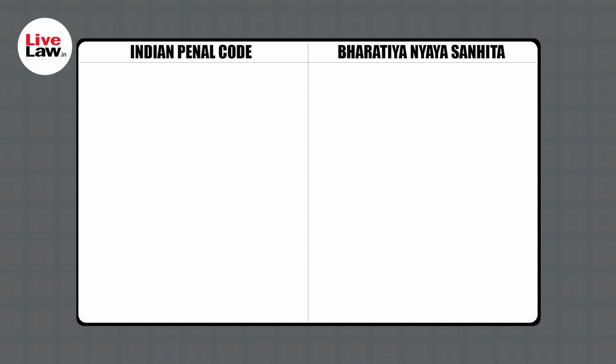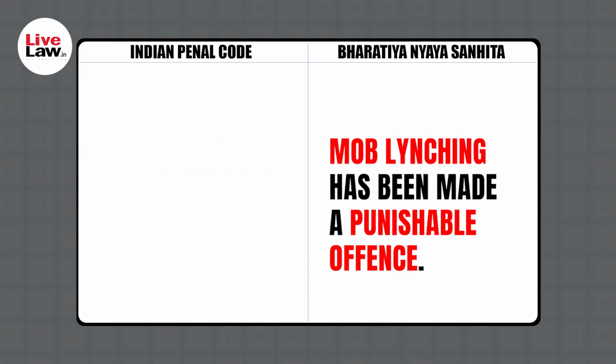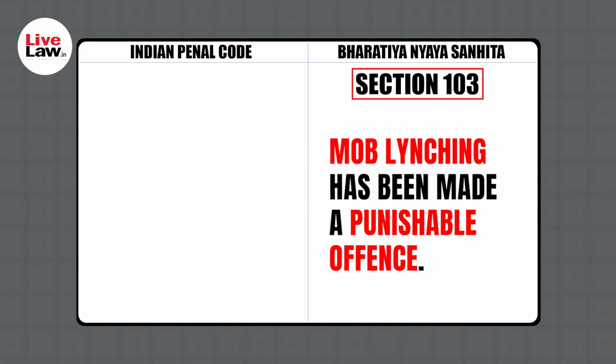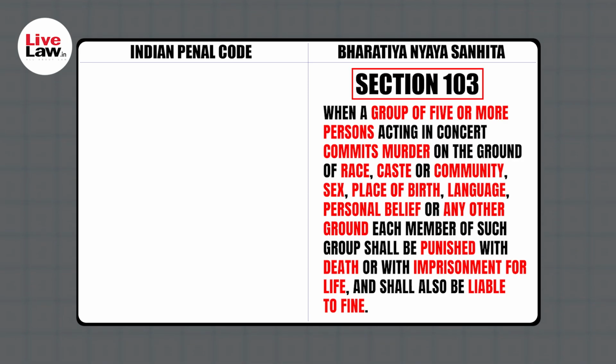Another addition is that mob lynching has been made a punishable offence now. Mentioned under Section 103 of the BNS, it reads that when a group of 5 or more persons acting in concert commits murder on the ground of race, caste or community, sex, place of birth, language, personal belief or any other ground, each member of such group shall be punished with death or imprisonment for life and shall also be